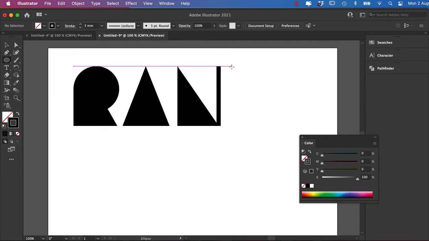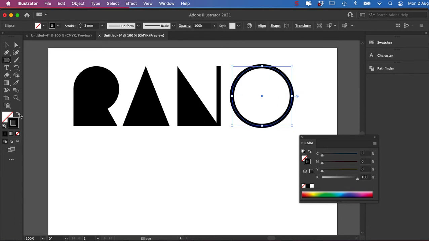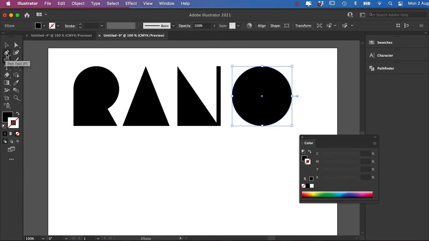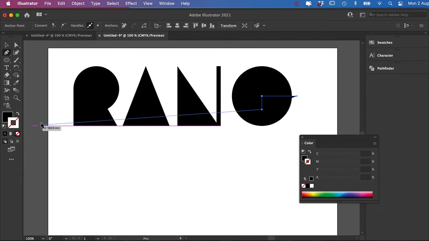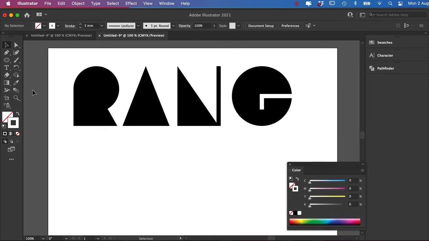I'll get the circle again and I'll swap this around, and with this I'll come over here and I'll make a line, and with this line I'll change it to white, and I'll make that thickness the same thing. I'll make it 3, same as the other one, and then I just need the rectangle tool, and I'll do a skinny line here for the eye,